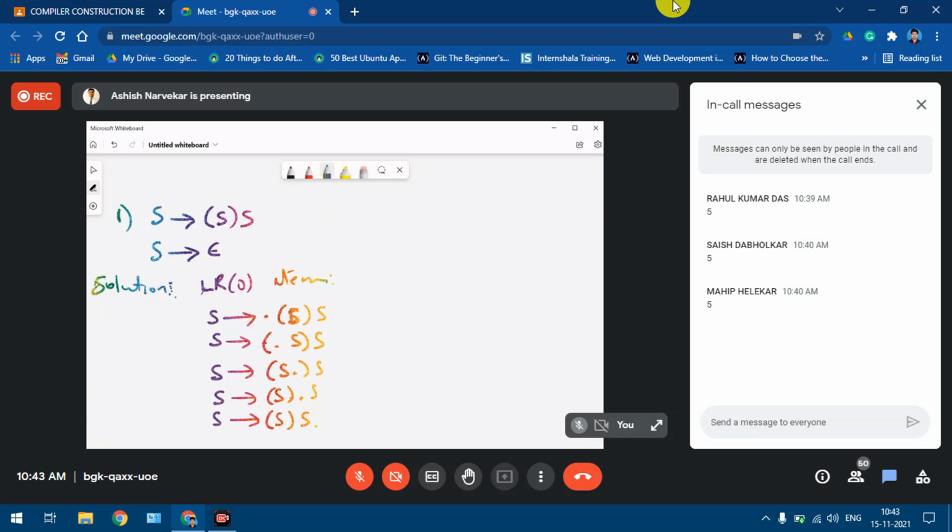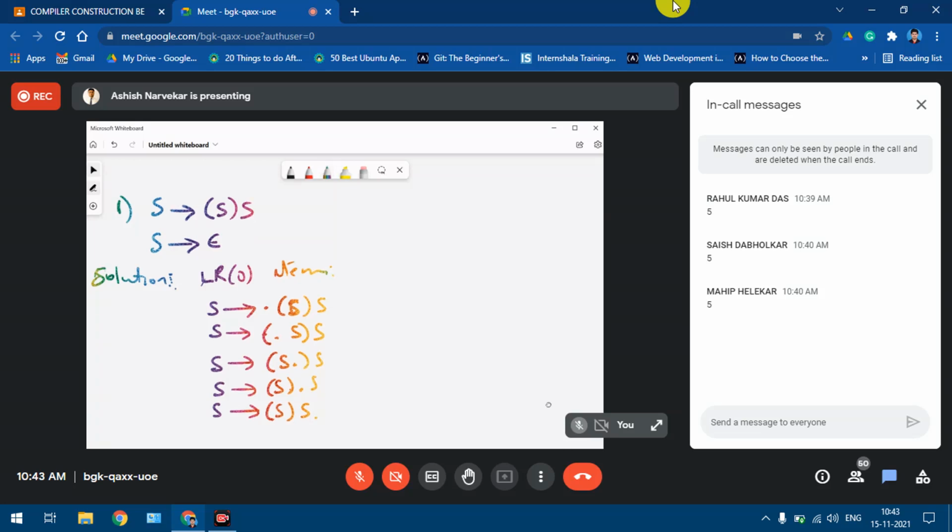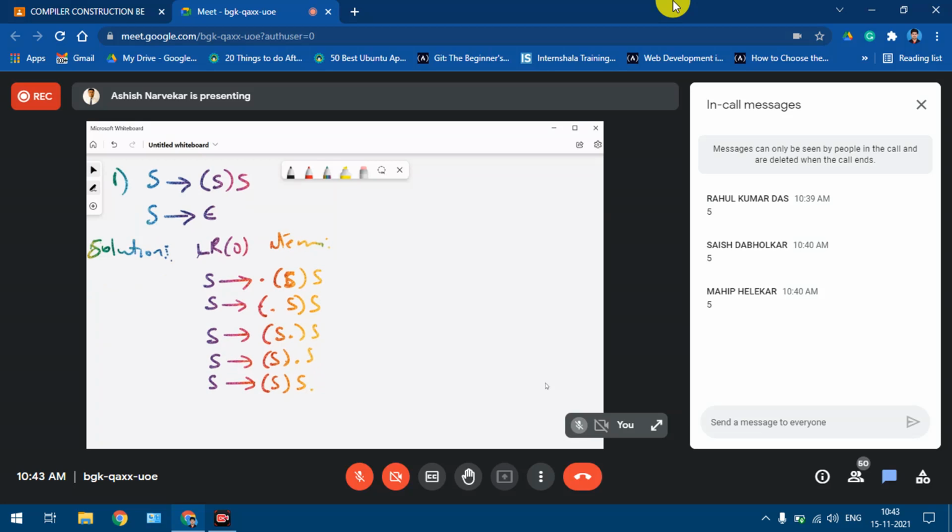Now this is just considering the first production. Then there is one more production, S derives epsilon. As I mentioned, when a production has epsilon as its right hand side, its LR0 item will be that left hand side deriving a dot. So these are the LR0 items.